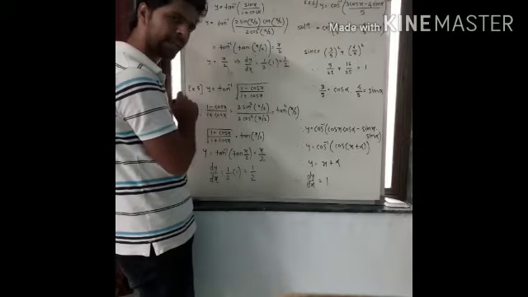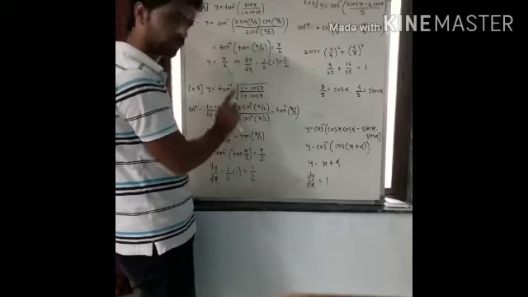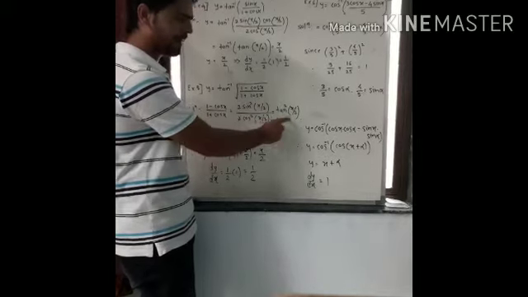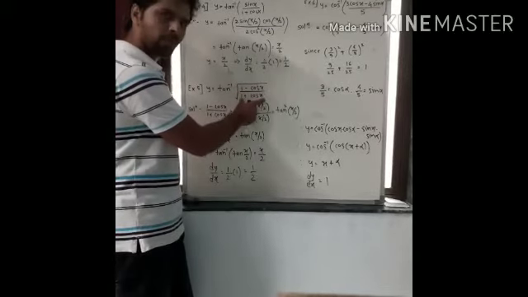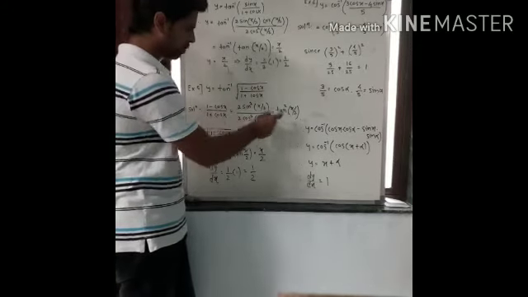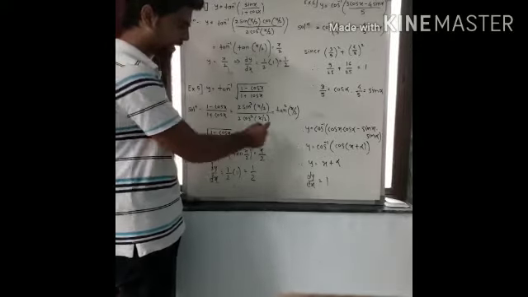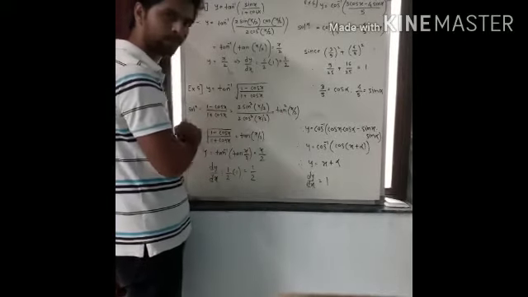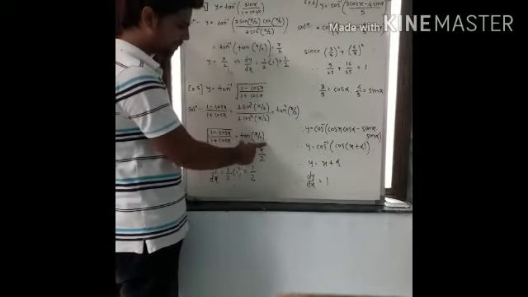So this 2 and 2 will get cancelled, right? Sin square upon cos square is nothing but tan square, and x by 2 will be as it is. Done. Now this 1 minus cos x upon 1 plus cos x term is in the root sign, right? So we'll take the square root on both sides. The root of this term will be just tan x by 2, because the square root of tan square will be tan only, right? So this total term we can replace by tan x by 2.